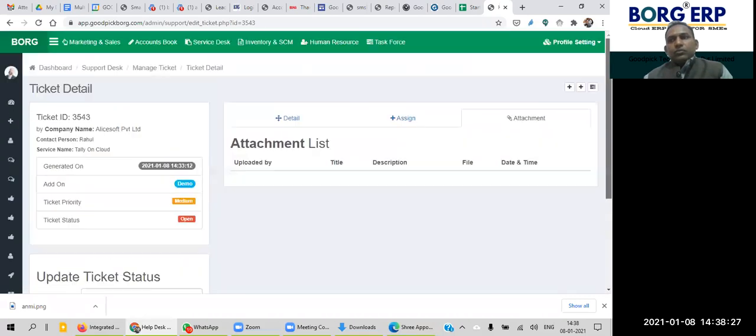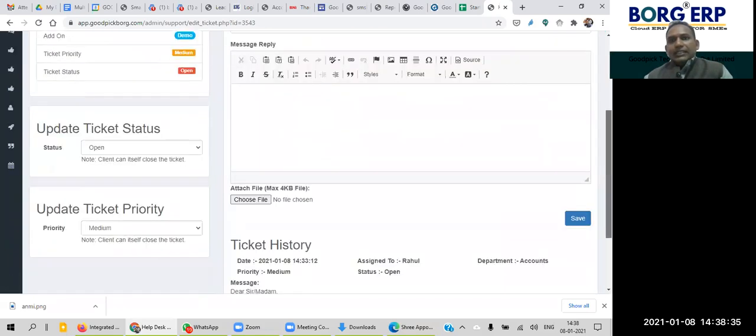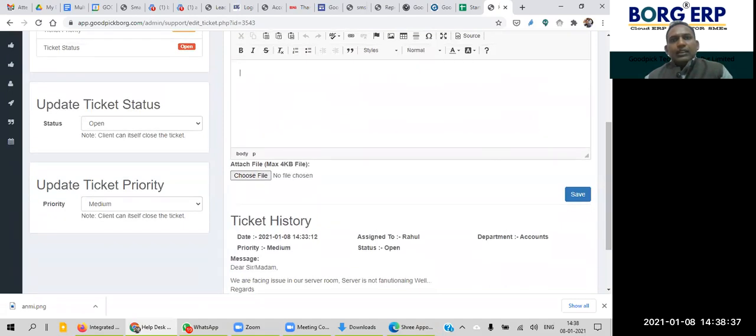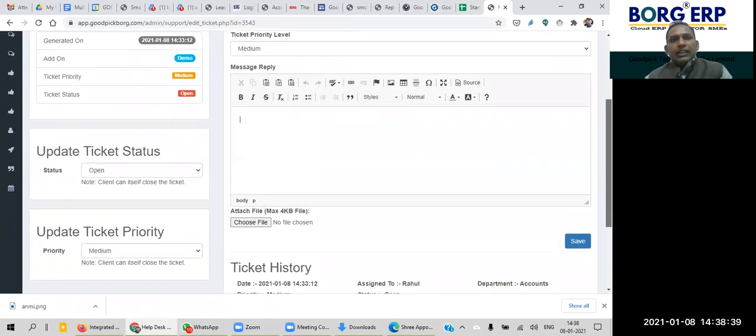Now, what we can do, for example, I want to update this ticket. So I'll come to the detail and I can update here.